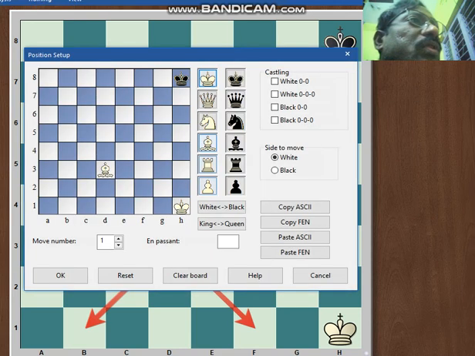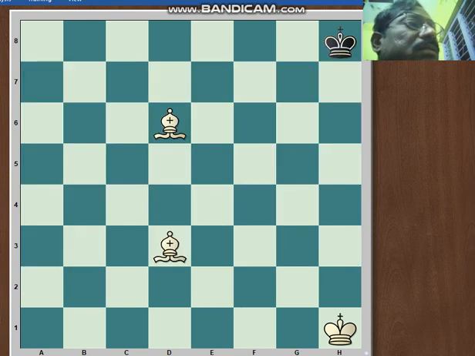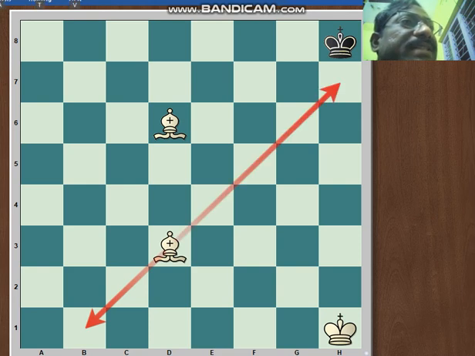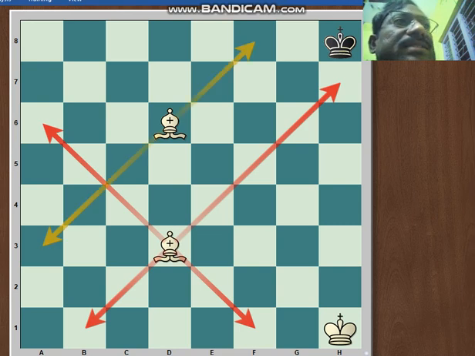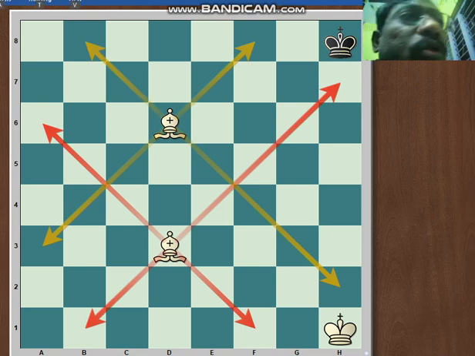I'll show you. See the position. This one is moving only on light squares, and this one is moving only on dark squares. See the bishops moving. This is the way to move the bishops.